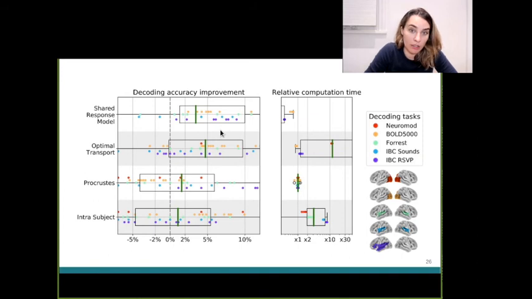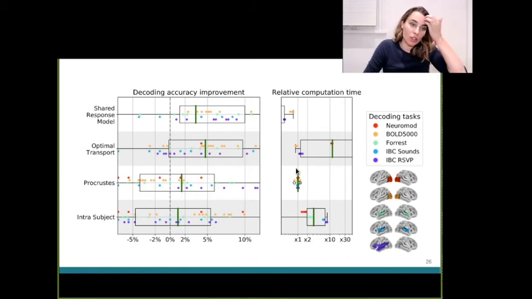That is, they're recovering some amount of individual variability that's normally lost in anatomical only alignment. And in this case, again, the optimal transport is the best performing method. We see almost a 5% increase,